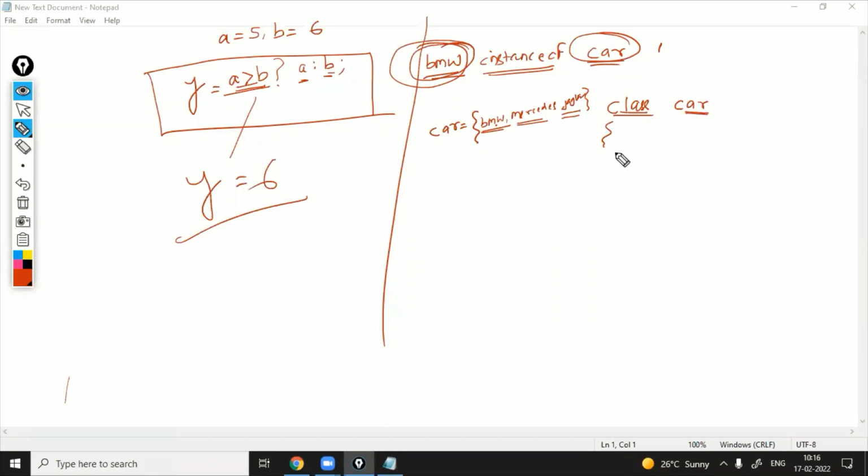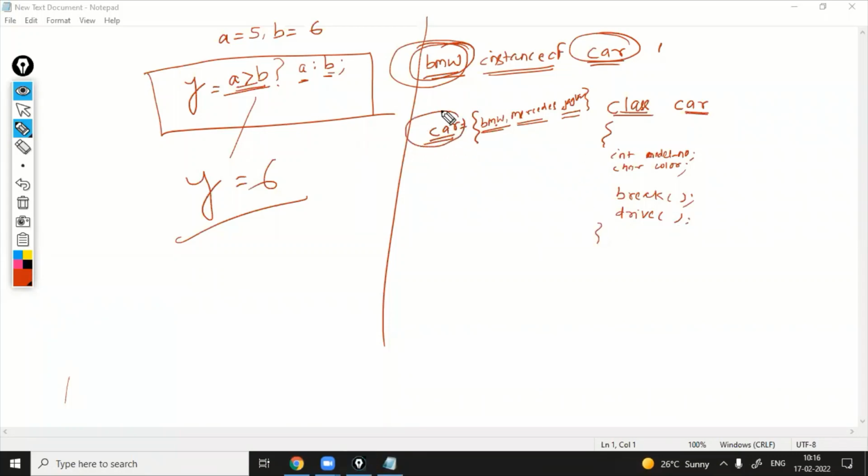Yes, car model, that thing I'm telling. So car model, you can say model number. And like this, some color, a lot of things are there. I'm simply writing only color here. Two data I have written here, data means variables, and it has functions. So what are the functions of a car? Brake. You can create a brake function, a drive function. Like this, many functions you can put.